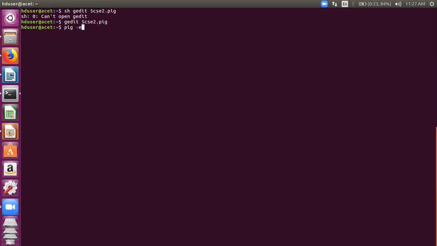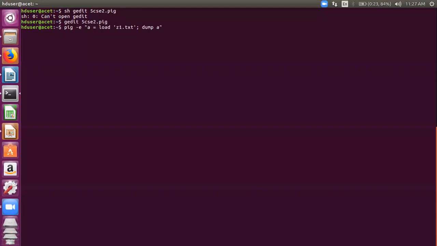pig -e. If you need to run your Pig Latin script while you are in your bash shell, you can use either the -e or -f option. So pig -e, and then I can write the commands in shortcut form so that we don't waste too much time. z1.txt, that's it, semicolon, dump a.